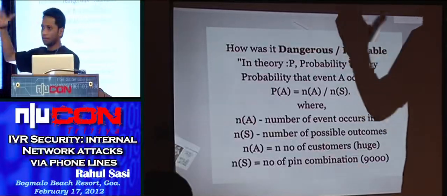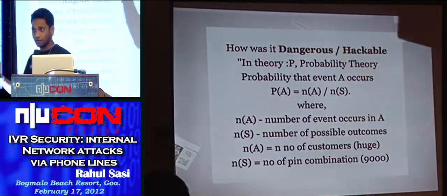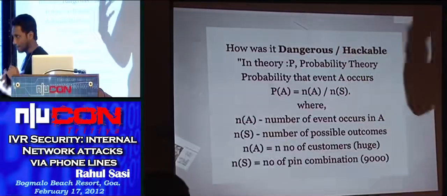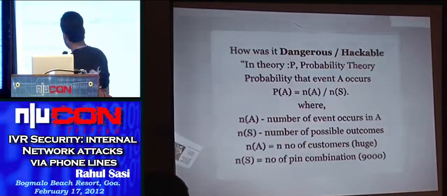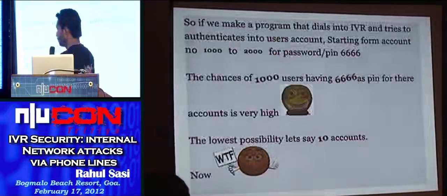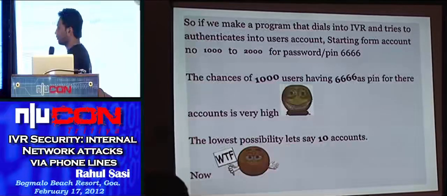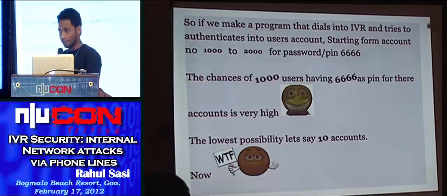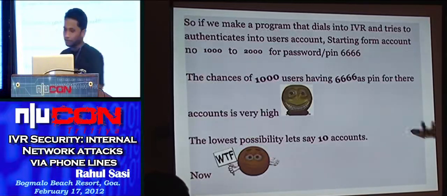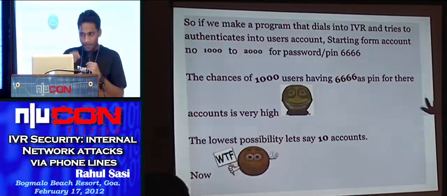So the possibility is very less. When you divide by a very huge number of accounts, divided by the 4-digit PIN combinations, the chance for a particular user is very less. So consider I start a brute force from account number 1000 to account number 10,000. The chances of multiple users having the same password, say the 6666 ATM PIN, will be high. Got the concept? So the lowest possibility based on our probability theory, let's take 10 accounts. So if you move on,